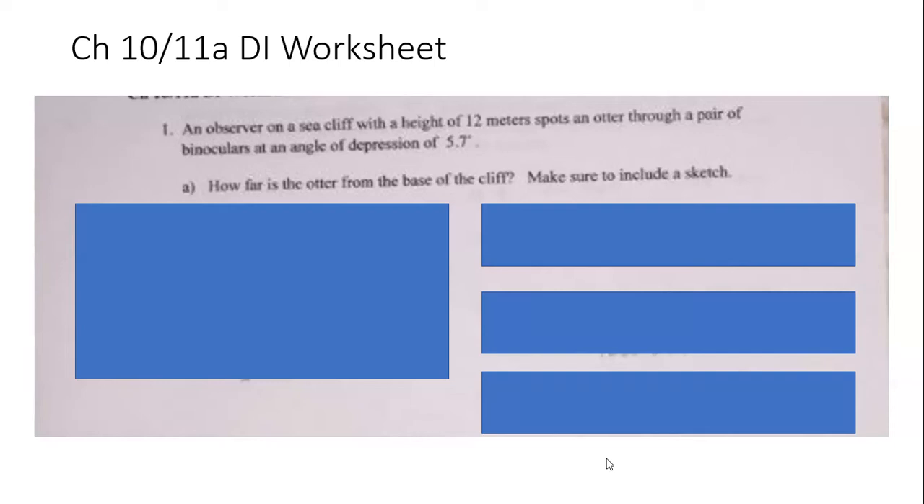All right, we're going to go through the Chapter 10 and 11A Deeper Investigation Worksheet. Some of these are on the study guide, and you can skip those in the study guide when you get to that point, but you're going to want to turn in these notes as well. Anyway,